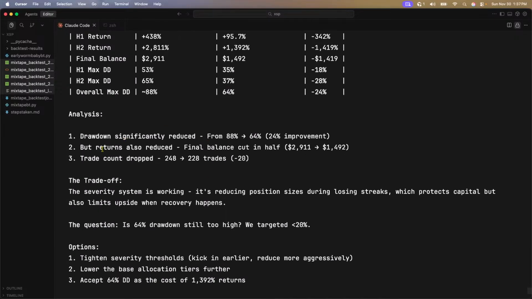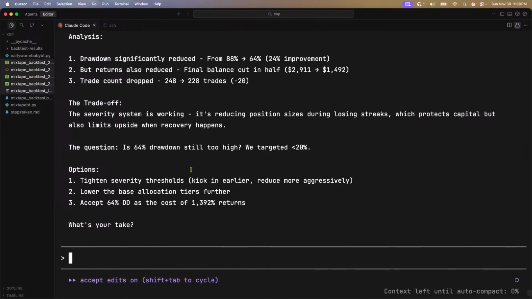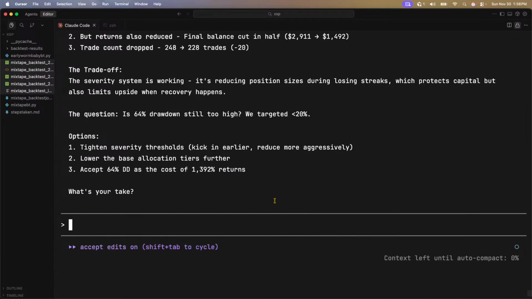Right. The drawdown significantly reduced, but the returns also reduced. The final cut in half. The severity system is working. It reduced the position sizing during a losing streak, which protected the capital, but also limited the upside when recovering. The question is, is the 64% drawdown still too high? We targeted 30. Tighten the threshold to kick in earlier. Reduce much more aggressive. Lower the